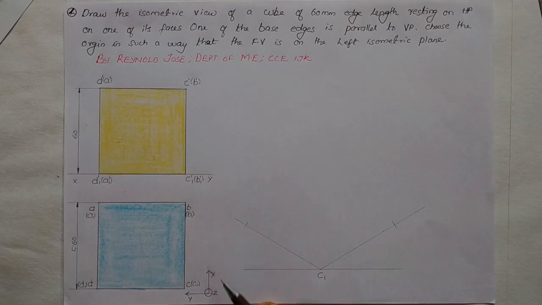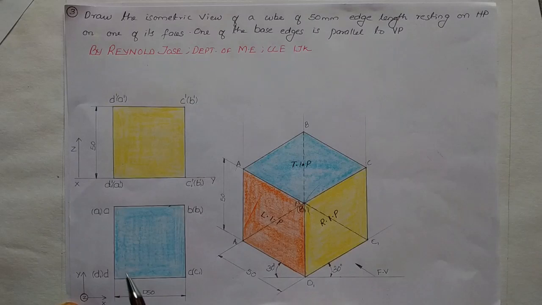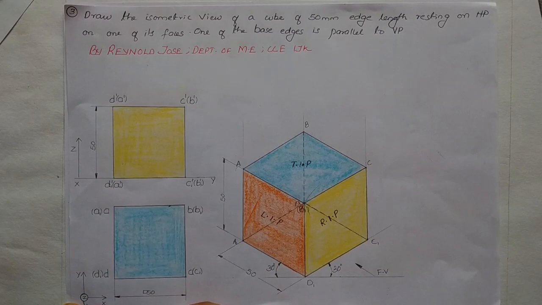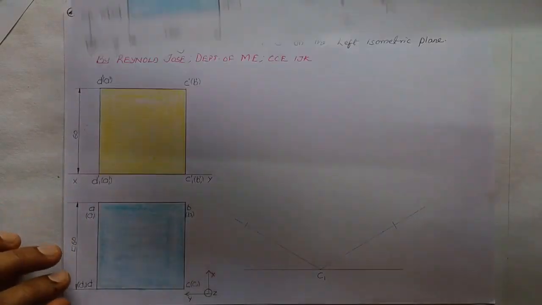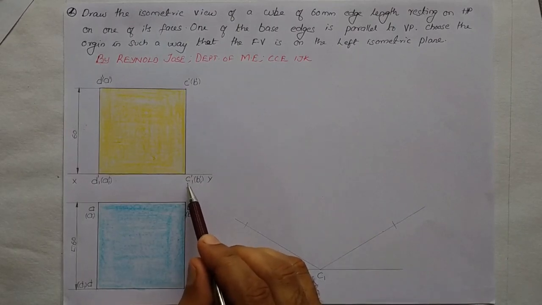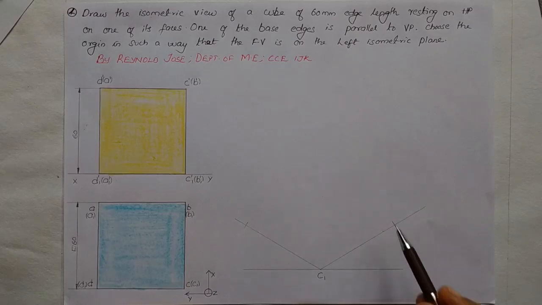So this is the x direction and this is the y direction. In the previous problem I have taken point D1 as the origin, so that is why I have marked this marking here on the left hand side. This is the x direction, this is the y direction, and this is the z direction. So in the present problem I have taken point C1 as the origin. So C1 is on the right hand side, so that is why I have fixed this marking on the right hand side. This marking is not mandatory for the solution. It is only for helping us to construct the isometric view or isometric projection.